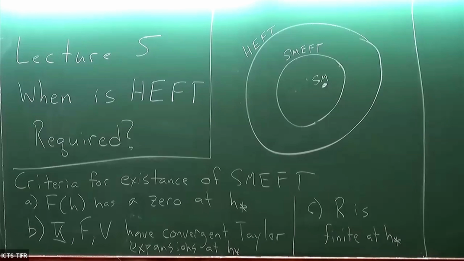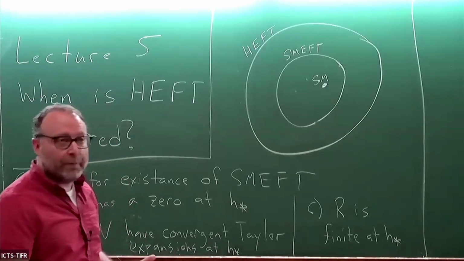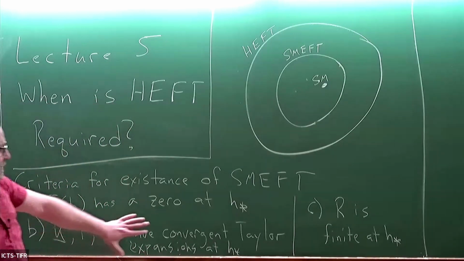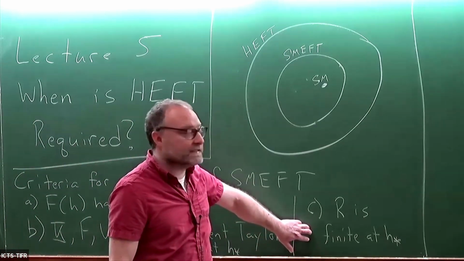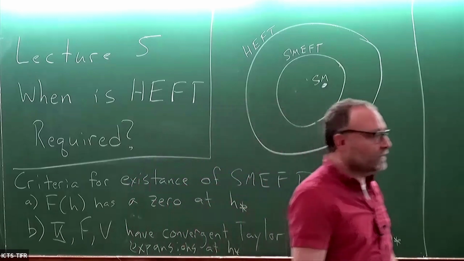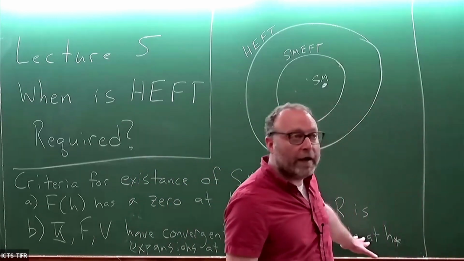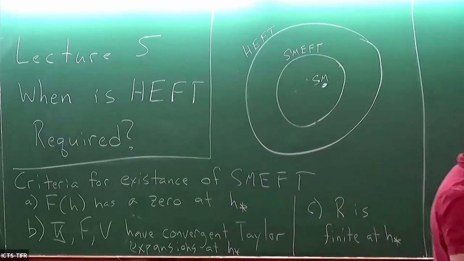So I want to provide you with one example, and then I'll point you to the paper for a few others, where we're going to investigate the meaning of this. What is this telling us about the classes of theories? When this condition fails, what are the models that it's probing? Any questions about the big picture? Yeah, please.